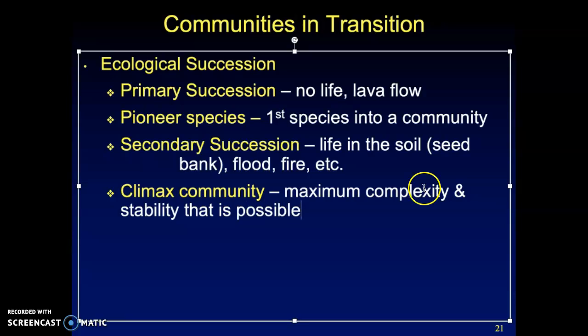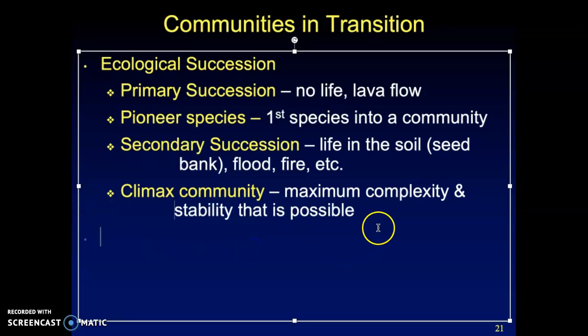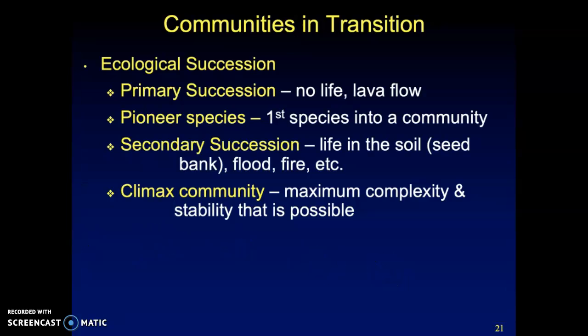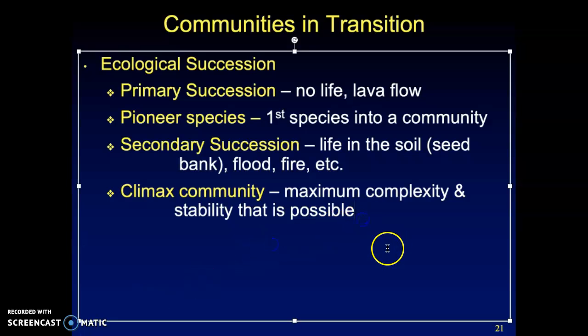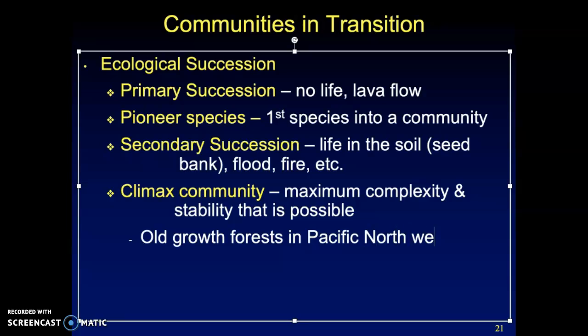So a climax community is a community that is at its maximum complexity and stability that is possible. So it has the greatest biodiversity that it can reach, and the community is as stable as it can be, and everything looks good. In the US, we have very little of this anymore. About the only true climax communities